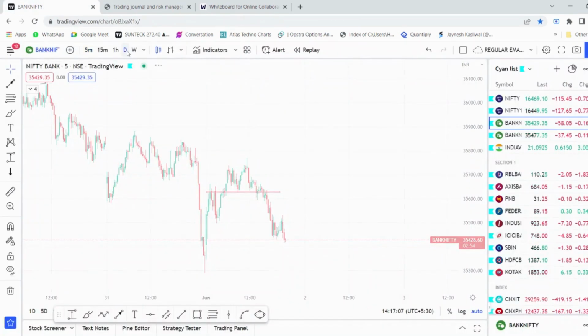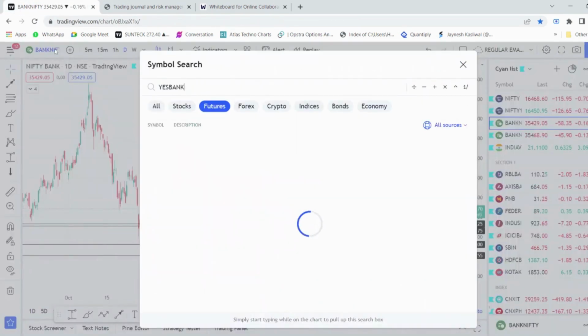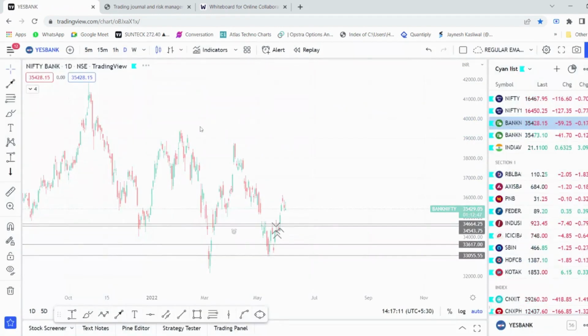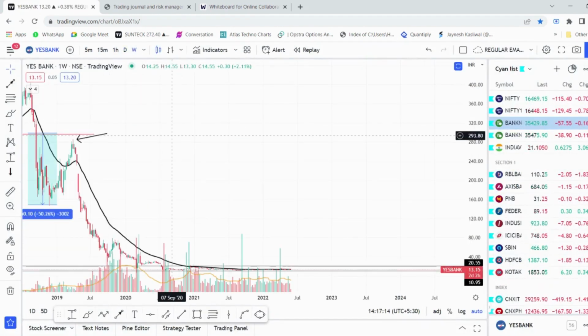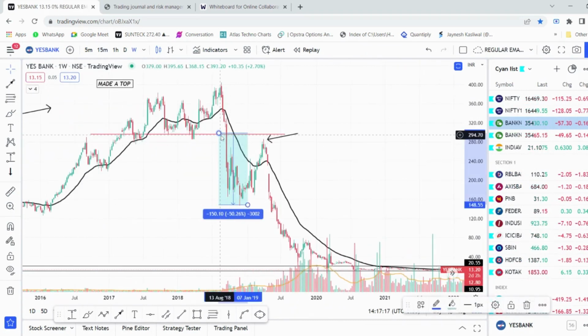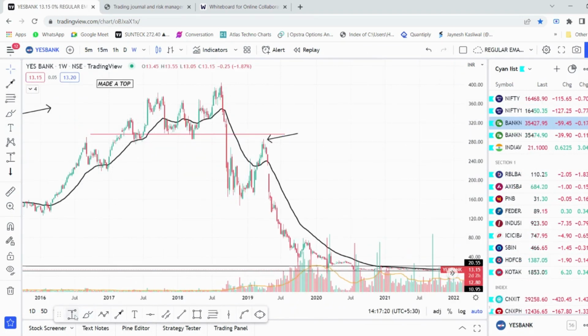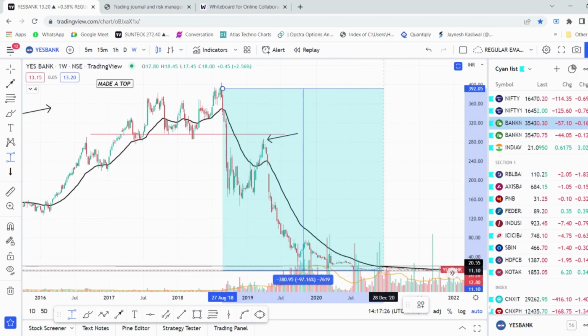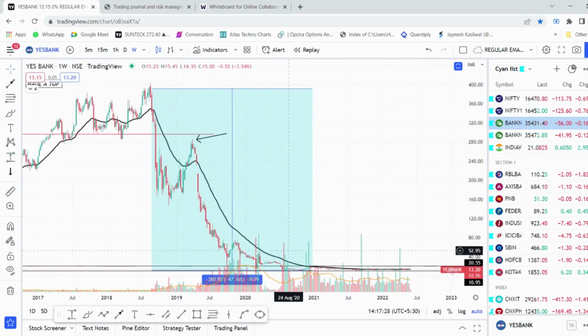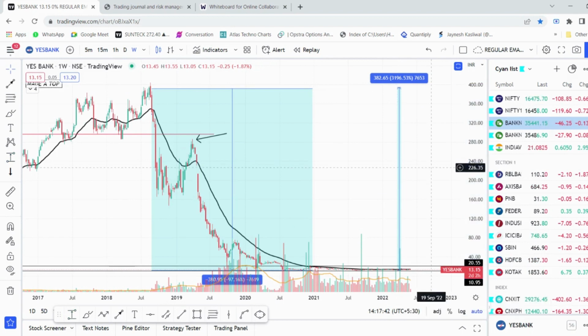Let us look at the chart of Yes Bank. Now if we look at the chart of Yes Bank, we will see that the stock has fallen around 95% from the highs. Let's say that a person who has bought the stock at 390 rupees is still holding the stock. Now it is trading at around 13 rupees, so the stock has lost 97% of its value. If the person wants to come back to cost, he will require 3000% gain just to get back to that break even point.